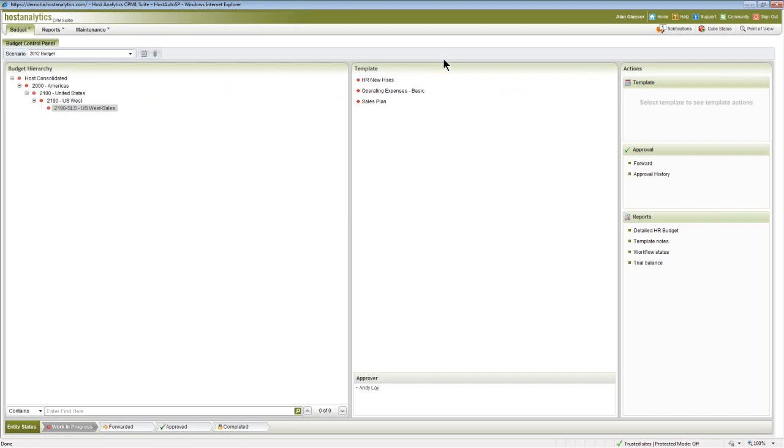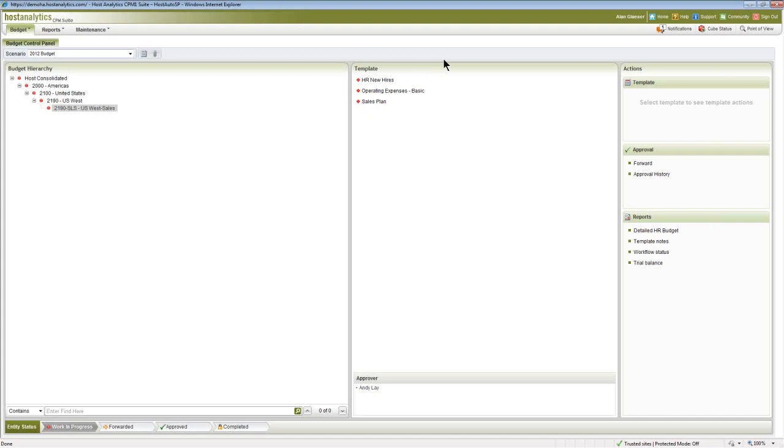All right, thank you. So what I'm going to do is, I mentioned the different roles in an organization, and that a budget process really isn't just the finance people sitting in their department. It really goes out to the field, and there's people all over your organization that really have the information and the knowledge that should be included in your annual plan and how you're going to run your company.